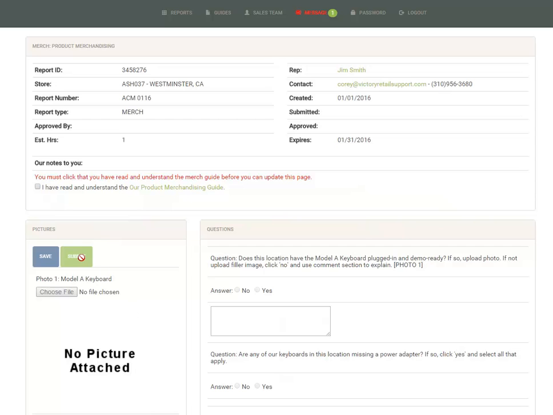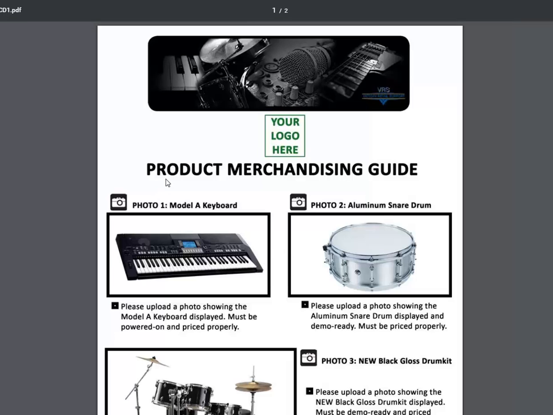You'll notice I'm getting that little universal no symbol down here. I don't have access to anything beneath this part of the report because I haven't read the merchandising guide yet. It says right here you must click that you have read and understand the merch guide before you can update this page. So by clicking this link, it actually opens the guide,